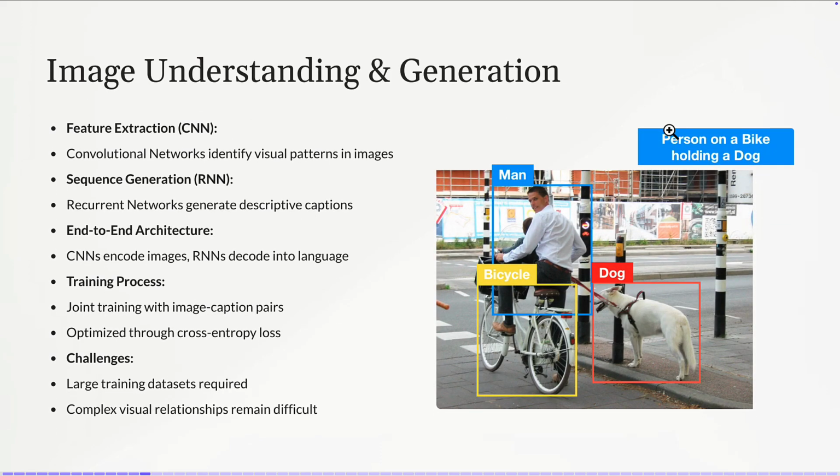So some of the applications are image understanding and generation, or image captioning. So in this application here, we have a more challenging problem. It's not only classification. This is a dog, this is a bicycle, this is a man, but I want to make caption generation. I want to tell what is inside. And this is quite an old application. I mean, from 2014, 2016, we have already image captioning.